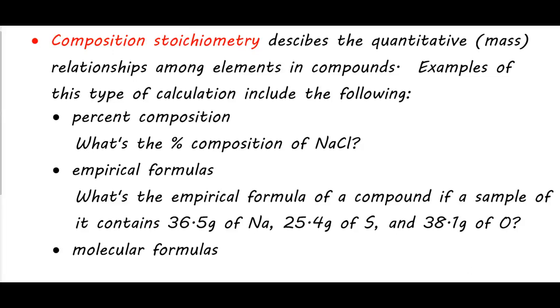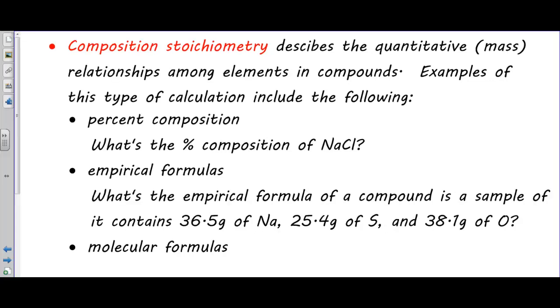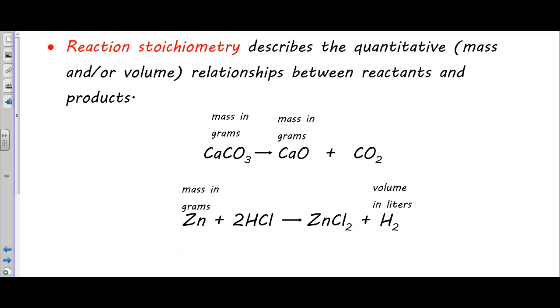Examples of composition stoichiometric calculations would include a percent composition calculation, an empirical formula calculation, or a molecular formula calculation. And again, composition stoichiometry deals specifically with the relationship of the elements in individual compounds, and that's where we'll begin in Chapter 8. The second type of stoichiometry is what is known as reaction stoichiometry, and that's what Chapter 9